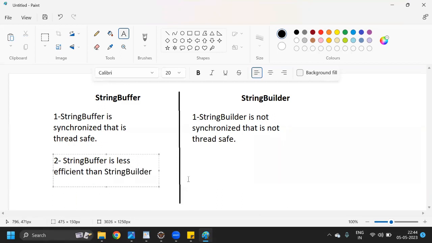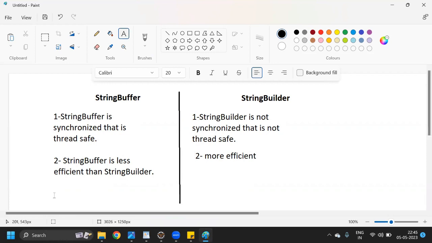If our performance is low, then it will take more and more time. So we usually use StringBuilder so that our performance will be faster than StringBuffer. So here we can say it is more efficient. Now third point is,